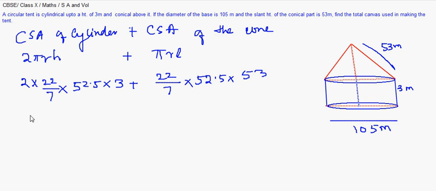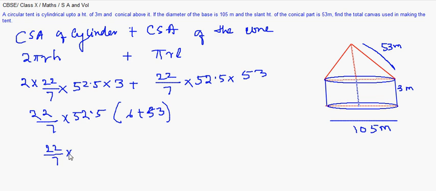We can take 22 by 7 into 52.5 common. That makes it 6 plus 53, which gives me 59. So it is 22 by 7 into 52.5 into 59. If you calculate this, it will give us an answer of